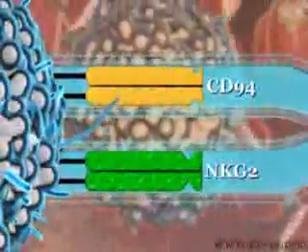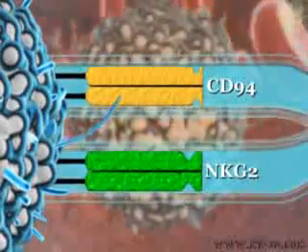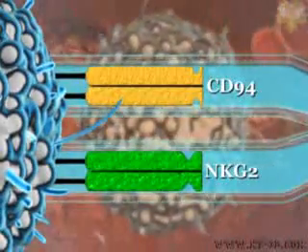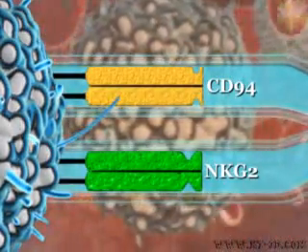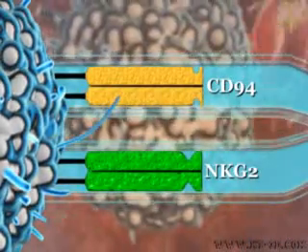The NKG2 proteins differ for the inhibitory NKG2A and NKG2B, and the activation NKG2C and NKG2D protein structures of the